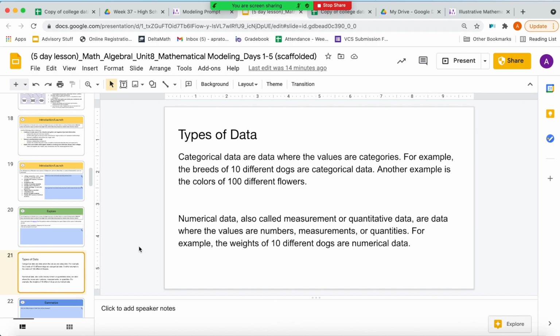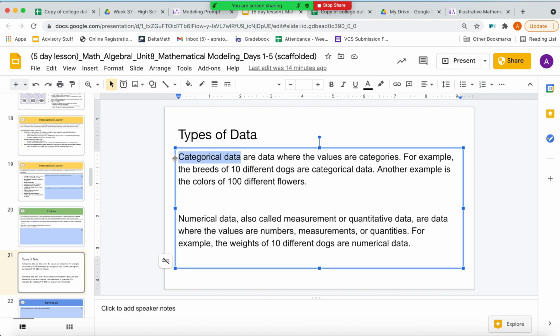You don't have this on yours, but there are two essential types of data. Categorical data, which is data where the values are categories. For example, the breeds of 10 different dogs are categorical data. The colors of 100 flowers, categorical data. Numerical data is called measurement or quantitative data. It's data where the values are numbers, measurements, or quantities. Okay, the weight of different dogs is numerical data. So when you click the data set,